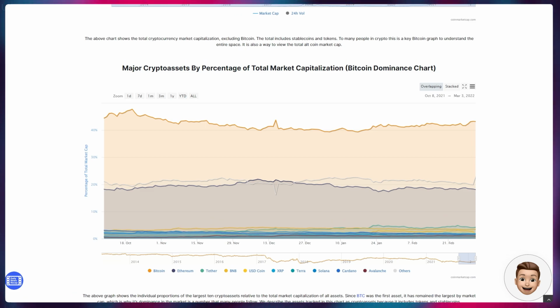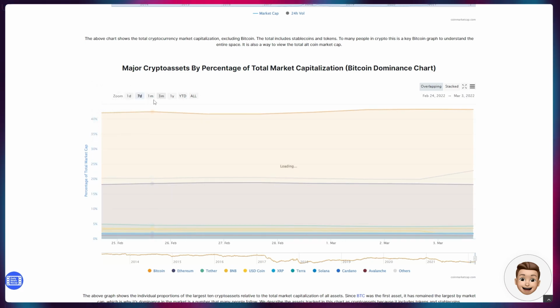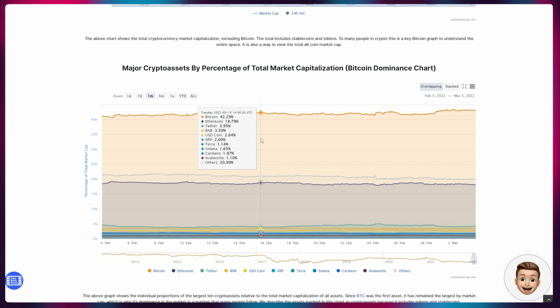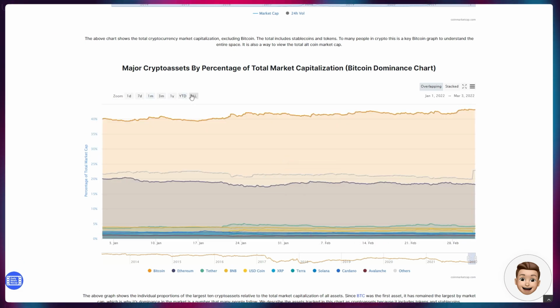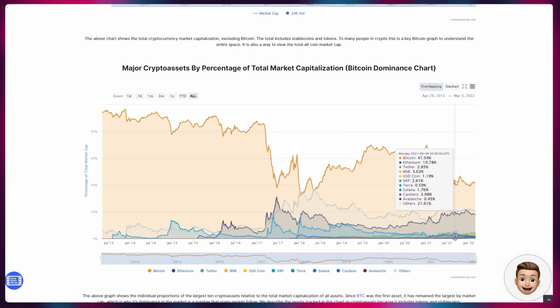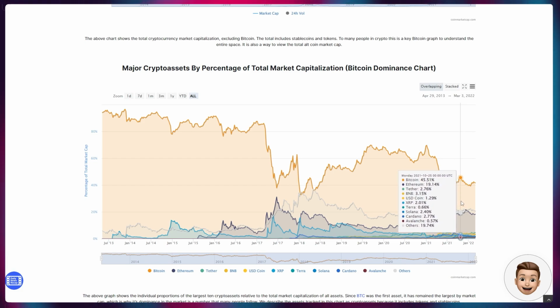Anyway, one of the first things I wanted to look at today was the Bitcoin dominance chart. What we're seeing over the last month or so is that Bitcoin dominance is continuing to trade sideways, but whenever there is a bit of a pump on the macro level for Bitcoin, the Bitcoin dominance just continues to fall over time. If we look at the all-time chart, Bitcoin dominance is steadily decreasing. That trend is continuing, and we'll probably see some more money flow into altcoins soon,